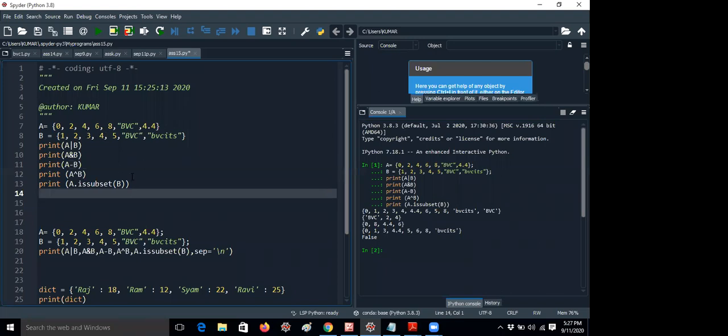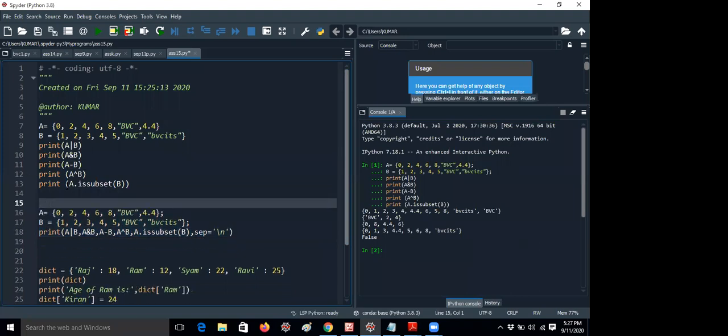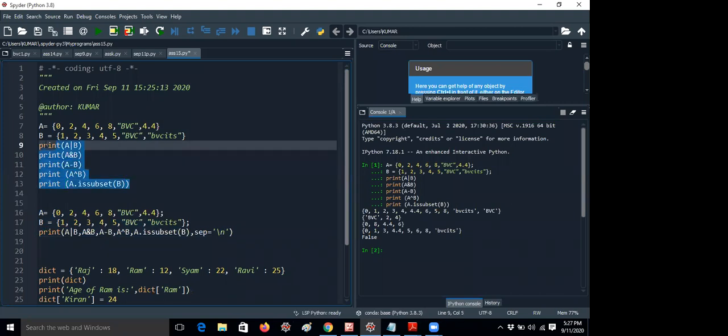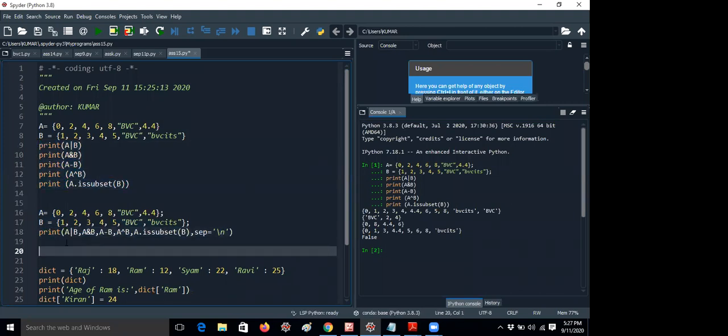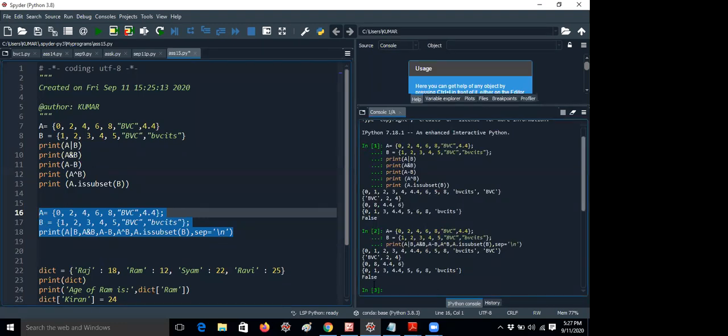Coming to one question here, some students have submitted in this way, which is very good, because instead of writing all these lines, they just write a single line like A union B, A intersection B, A minus B, with a separator like a slash. So you will get the same output in this way also. Let me run this. Okay, you will get the same output. There is no difference at all. So this is also very good. Some students submitted like this. Very good.